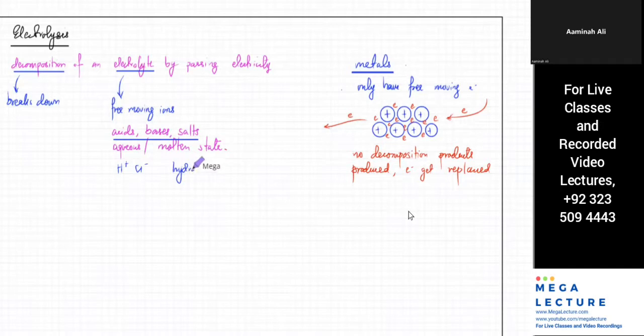So we're going to list down all the acids. You've got sulfuric acid, H2SO4. When it dissolves in water, it breaks down into H+1 and SO4 -2 ions. I've got phosphoric acid as well, which is H+1 with PO4 -3. And then I've got nitric acid, that's H+1 with NO3 -1.